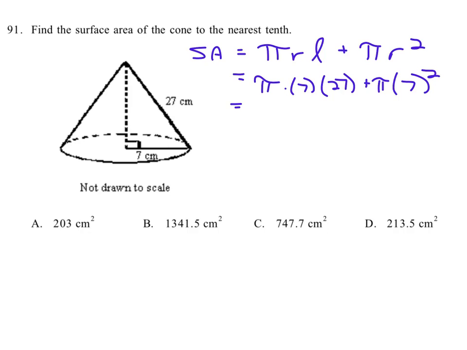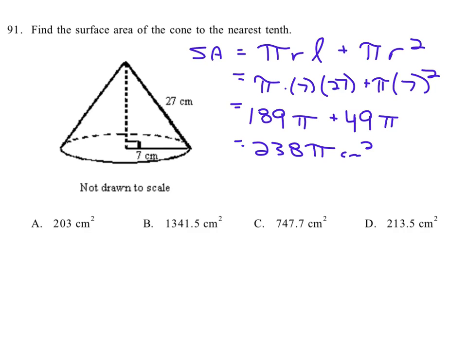We will say 27 times 7 equals 189 pi, plus 7 squared is 49. So that's 49 pi. And we get as a total surface area 189 plus 49, or 238 pi